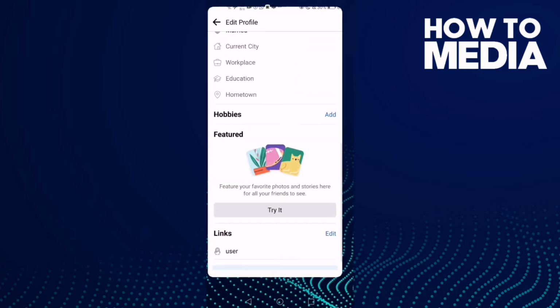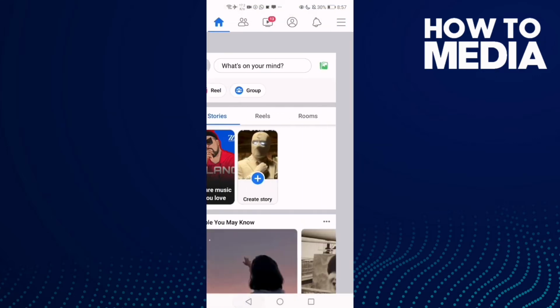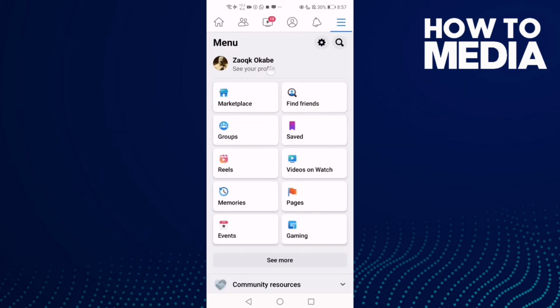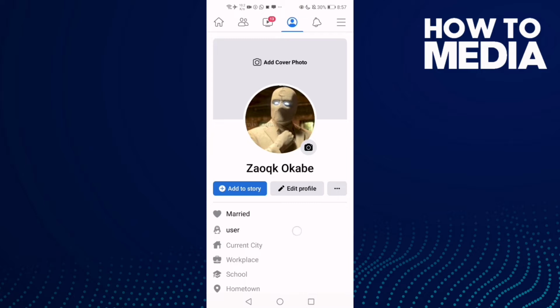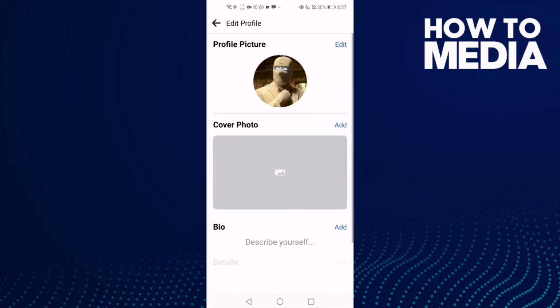First thing, go to Facebook and let's go back first, and now click these three lines in the top corner and click on your profile, and then just go click this one, edit profile,